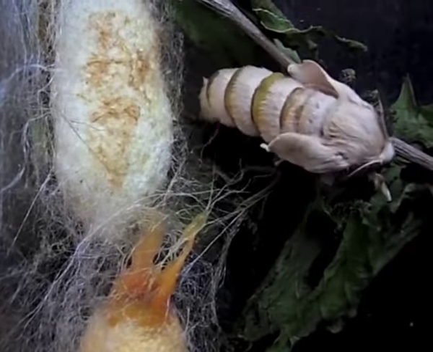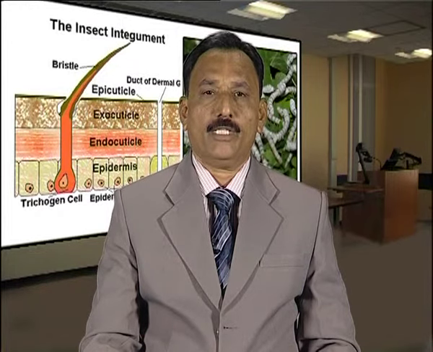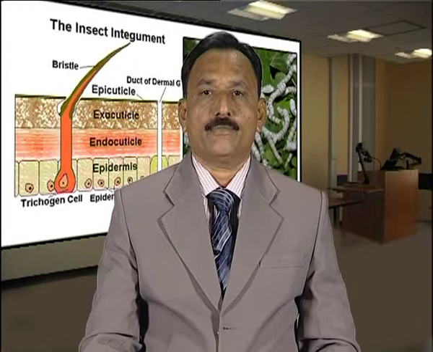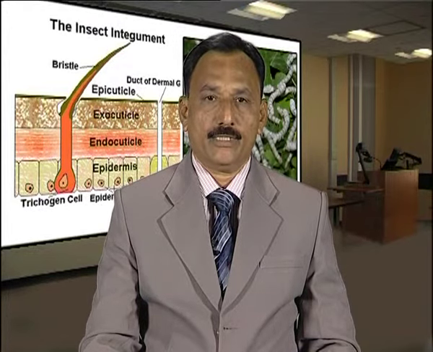Integumental derivatives. The integumental derivatives are formed through modification of epidermal cells or the cuticle. Setae and scales are common outgrowths of the integument. Molting gland is a common derivative inside the body wall. Setae. There are many setae on the integument. Setae are formed by an epidermal cell through outgrowth.